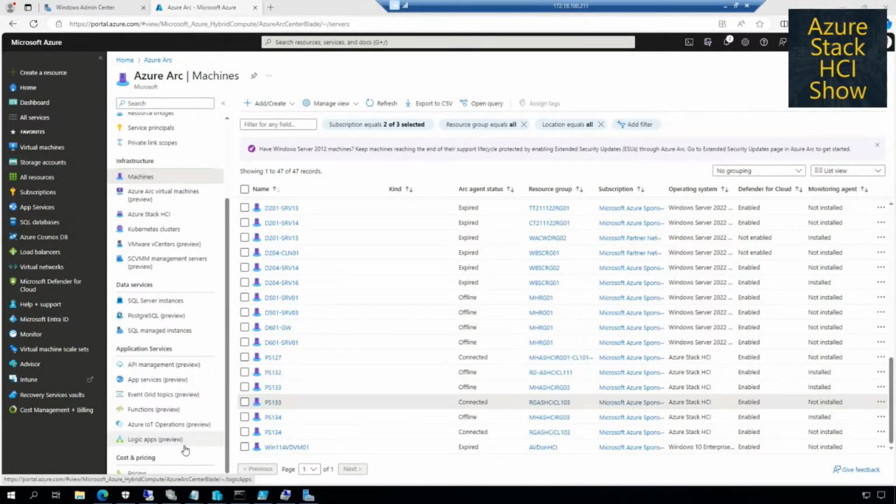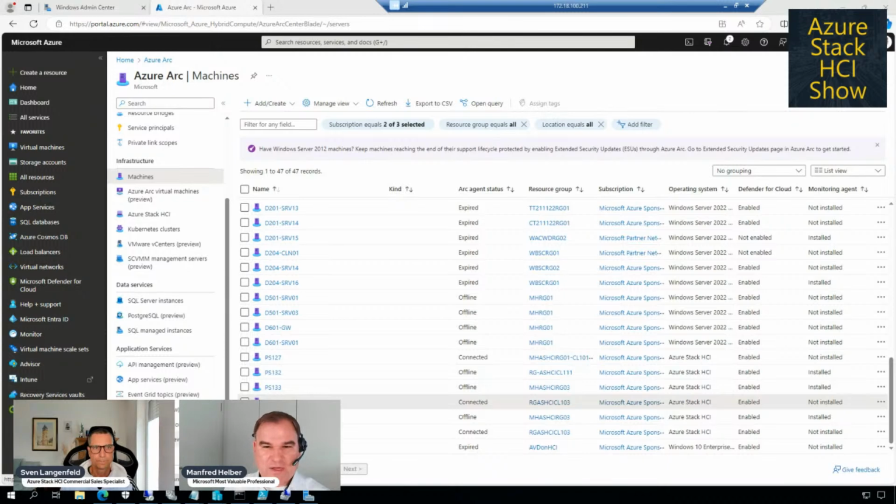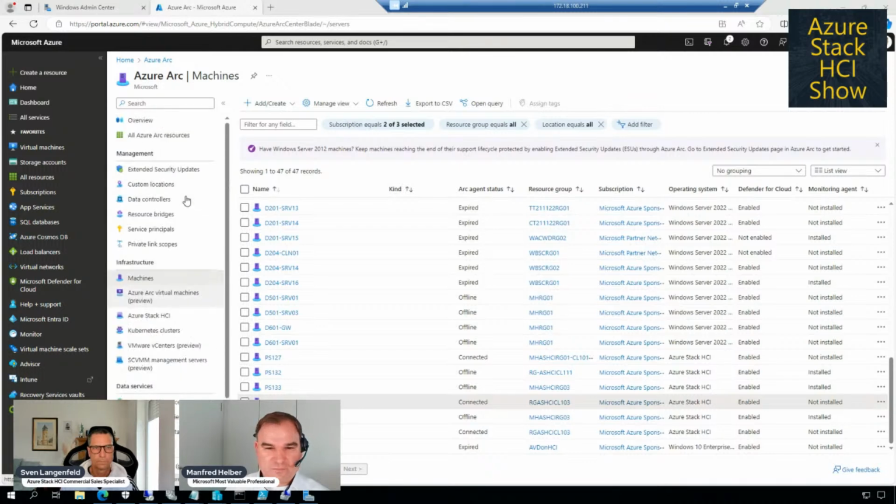As Sven mentioned, this could also be in another hyperscaler's data center, because it's an agent inside the virtual machine or an agent on the host. So if you don't have access to the host because you are running in another data center from another hyperscaler, then you can install the agent inside the virtual machine. Yeah, so the first view on the Azure Arc functionality.